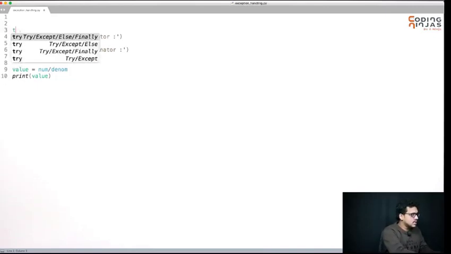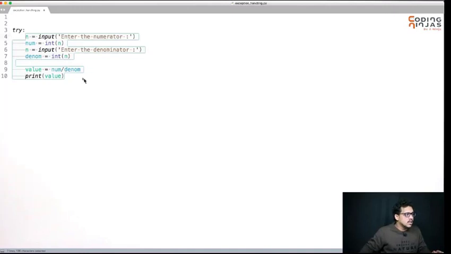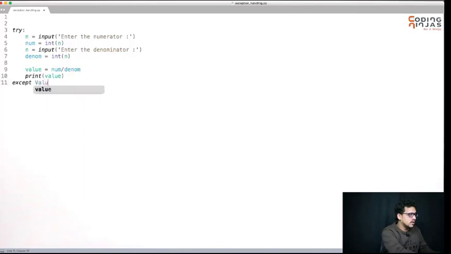So what I am trying to say is, you will try this code, you will give proper indentation like this. You want to try this code, and as you have seen that you got a value error, so you will write except, if you got a value error, like this. If I got a value error, I will print that.